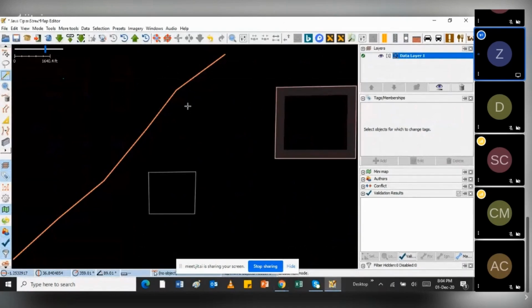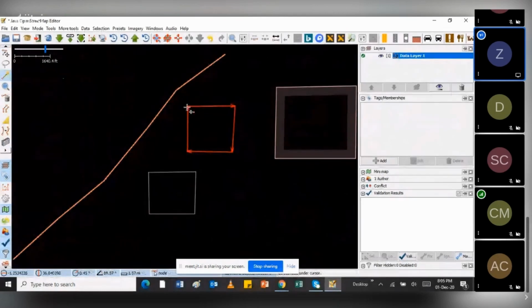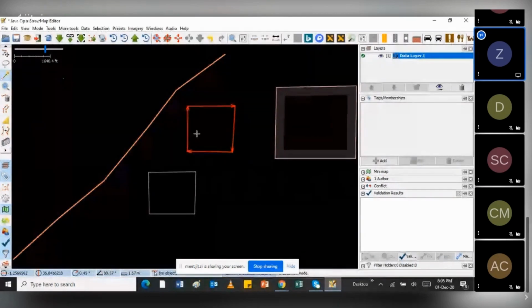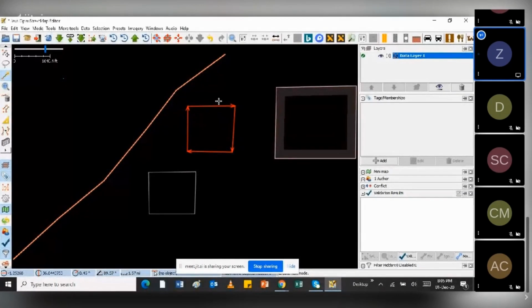So if I'm starting from here, just go clockwise and then go back to where I started. I think he gave some reason why. Actually, I also just go clockwise, but I think it's advisable to draw moving clockwise.